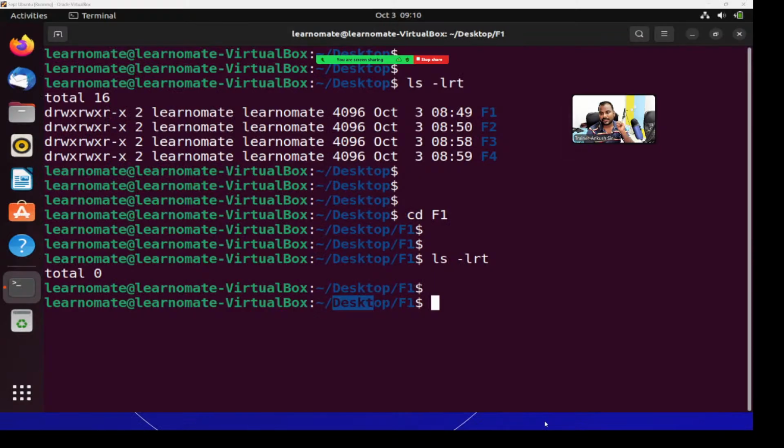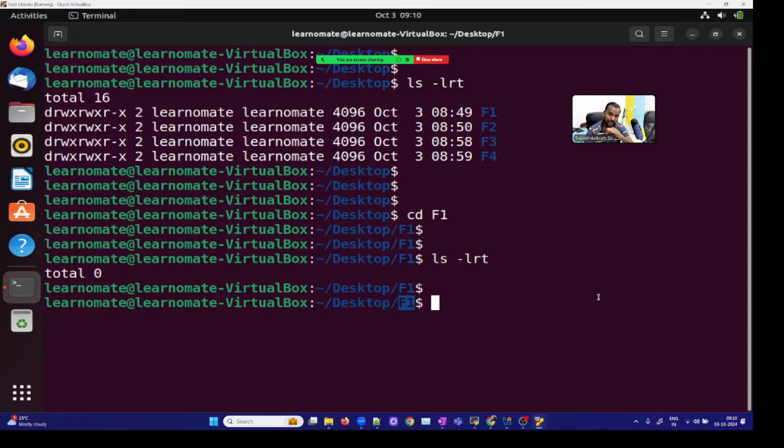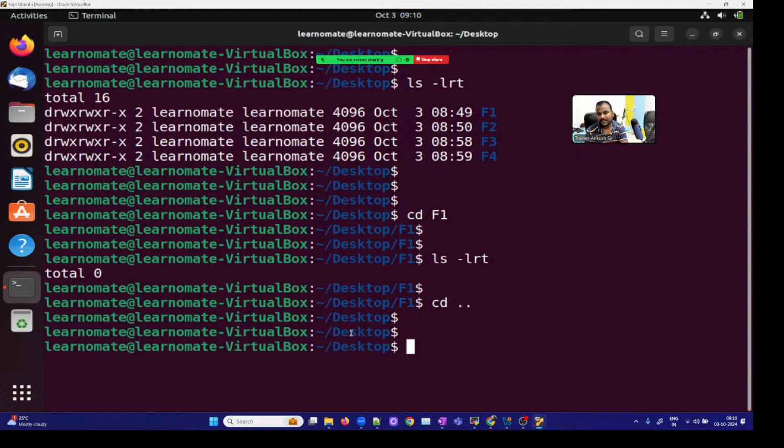So right now I'm inside which folder? The F1 folder. If I want to go back to the desktop folder, it's not like I'll just click it and go, not like that. If I want to go back one step, you can simply use the command cd .. and press enter, and now I'm inside the desktop folder. So cd .. is basically when you want to step back,